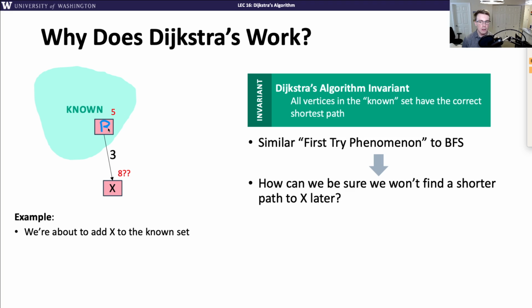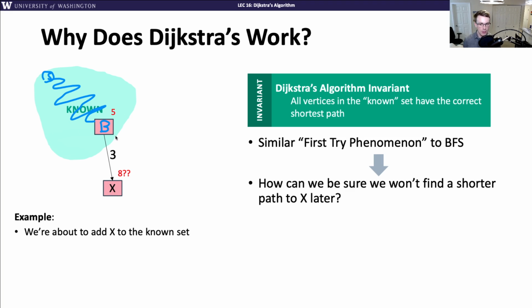I have this node B here, and it is currently in my known set. So maybe I had my starting node S, and we've somehow taken this long and winding path to this node B. And now we're about to add X to our known set because potentially, it is our shortest distance node